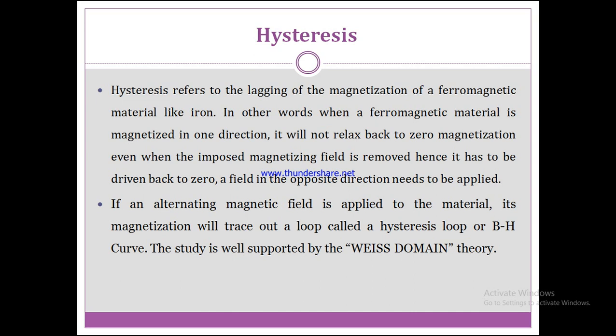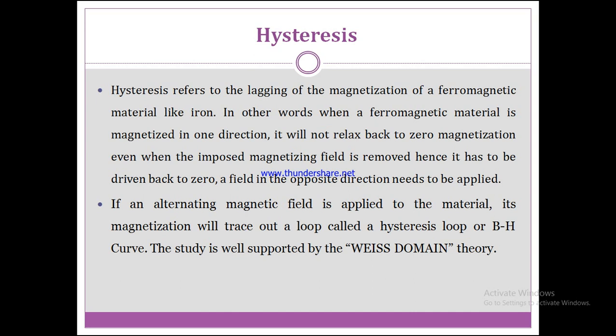A field in the opposite direction needs to be applied. If an alternating magnetic field is applied to the material, its magnetization will trace out a loop called a hysteresis loop or BH curve. The study is well supported by the